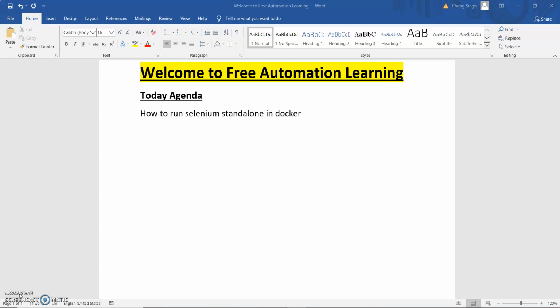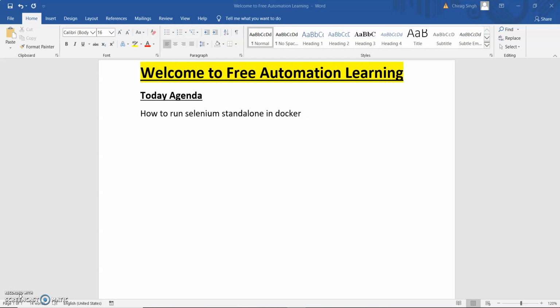Today I am going to show you how we can run Selenium standalone in Docker. In Docker we can also run Selenium Grid, and we can also run standalone Selenium code in Docker. So what are the advantages of running our Selenium standalone code in Docker? First, we can double cross-check if we need to, while running in Selenium Grid. We can also use a Selenium standalone and run all the test scripts in that particular container.